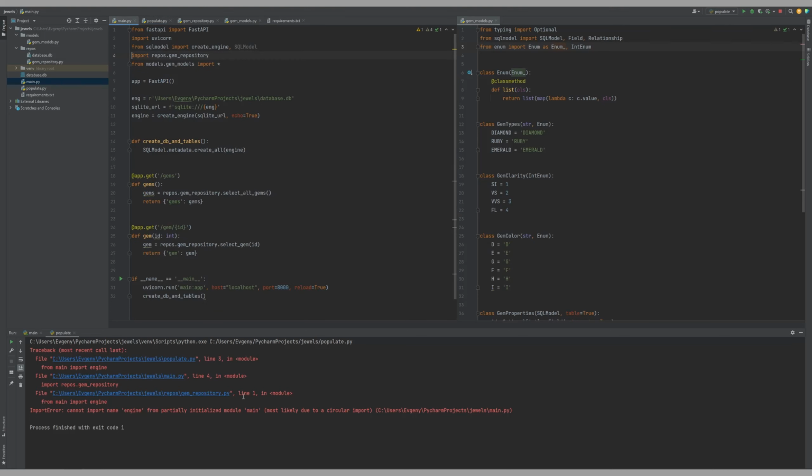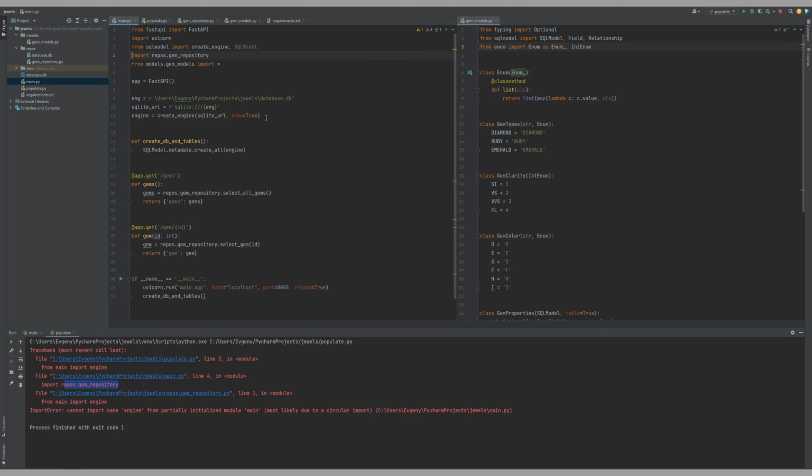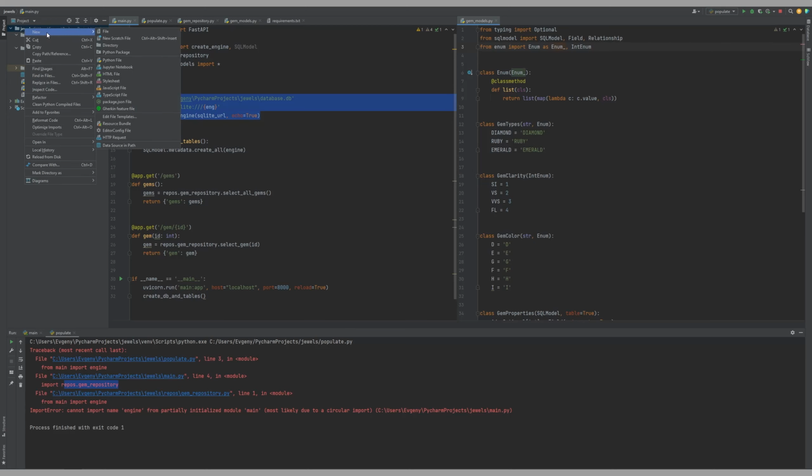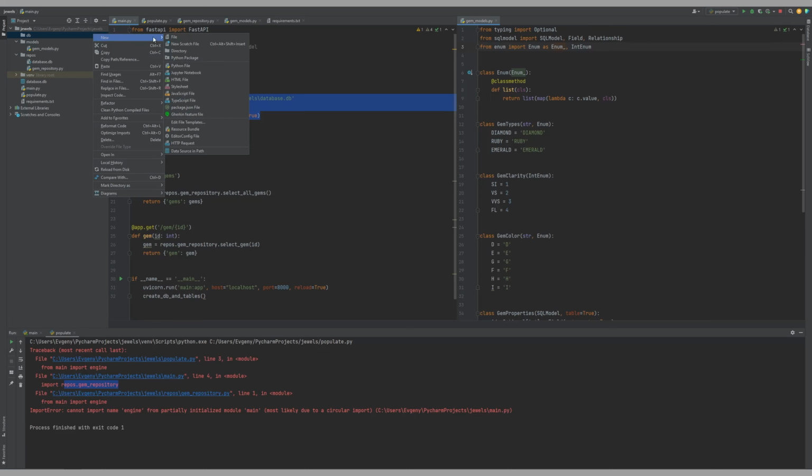As you see, it means that main imports one thing from here, populate imports from main, then main itself is trying to import from the place that imports main, and they just go in a circle. And most often it happens because of the engine. So we're going to put it into a separate directory. Let's call it database,